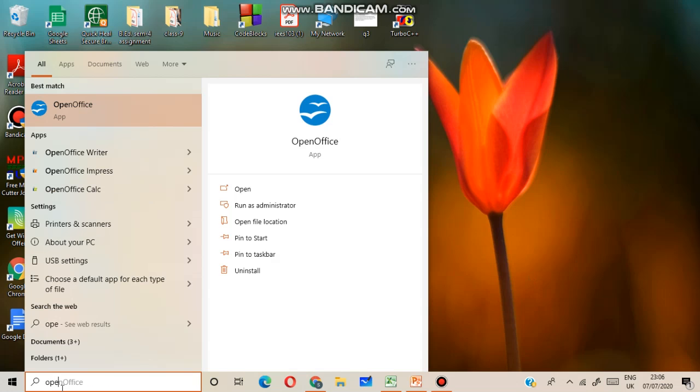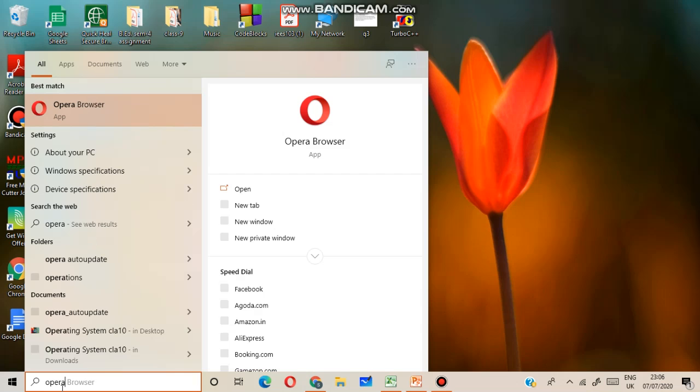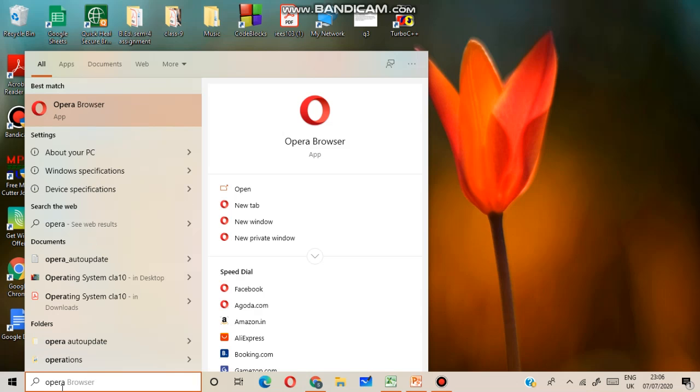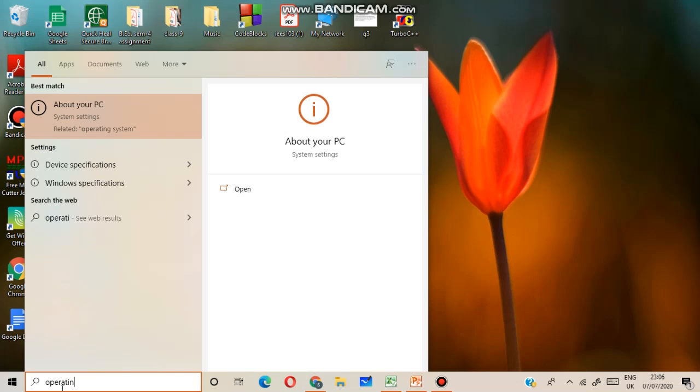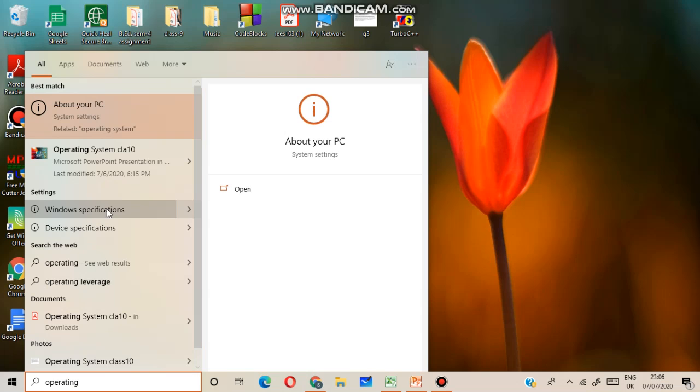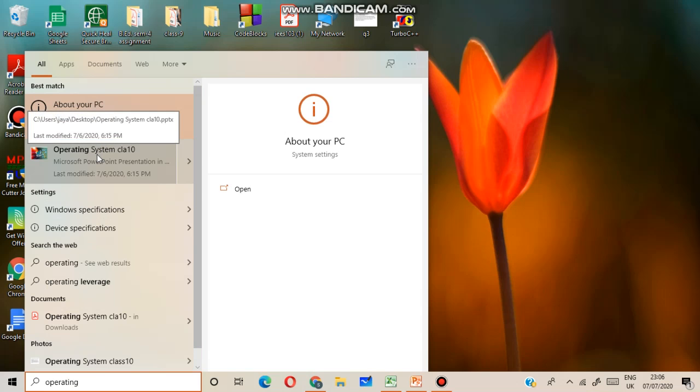Operating system. So you can see here, actually I wanted to search the operating system file.